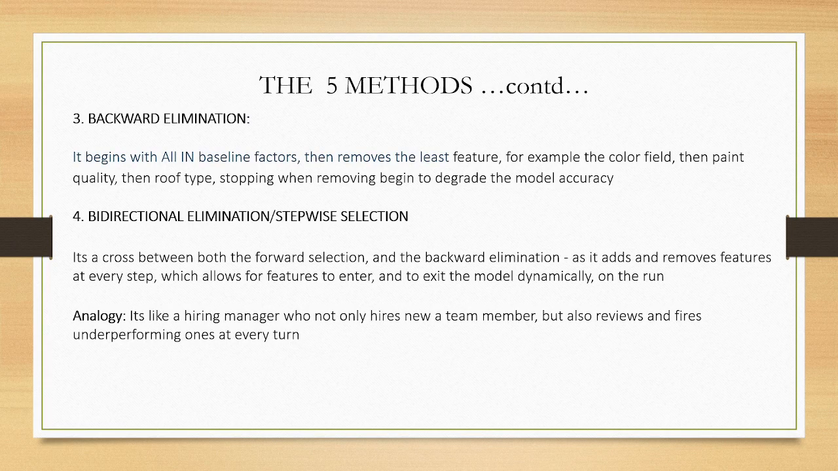Number three is backward elimination. It begins with the all-in baseline of factors. Then you start removing the least significant features, for example color, fuel, and paint, if it is for a house. You remove them, and then you stop when you think there would be degradation of the model